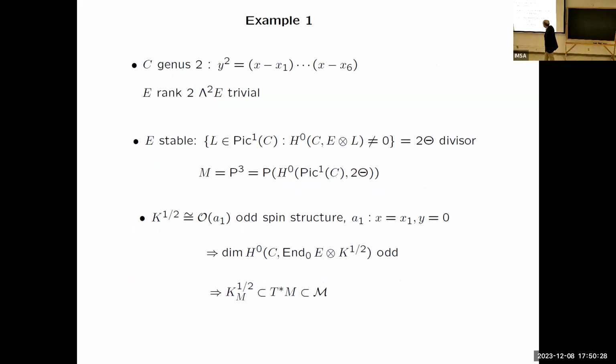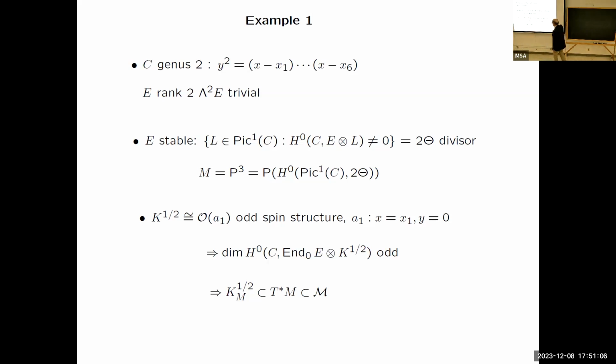a curve of genus 2, a bundle of rank 2, degree 0. So I said that the moduli space here of stable bundles is given by the projective space P3. The way it appears is that you look at the line bundles of degree 1 on C, such that the tensor product with E has a non-zero section. Then this gives you a divisor inside the Jacobian, essentially. And then this P3 is the projective space of this four-dimensional space of